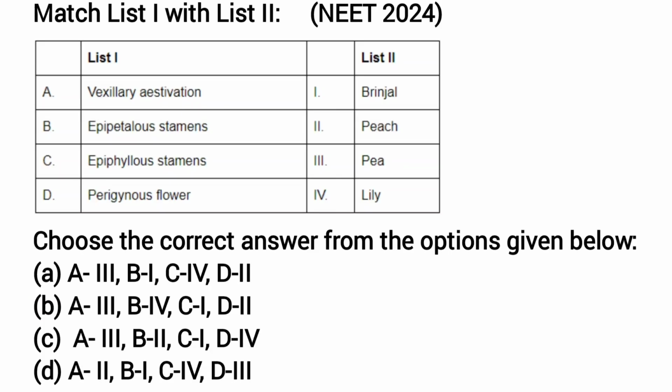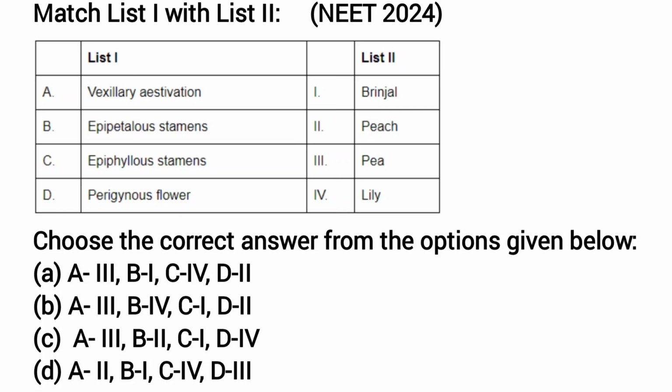We'll move to the next question, that is match list 1 with list 2. In list 1, different estivations and different conditions are given, and in list 2, examples are given. Again, you have to match this. In list 1, A is vexillary estivation. So vexillary estivation means it's the arrangement of the petals where the largest petal overlaps the other two lateral petals, and